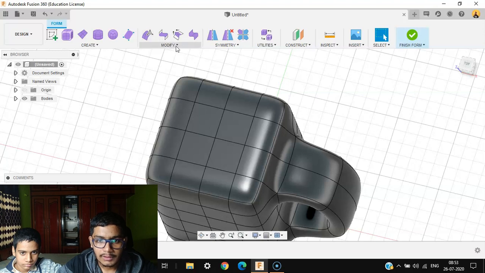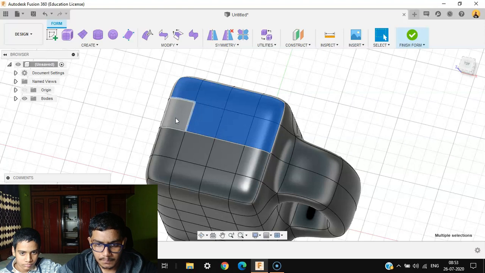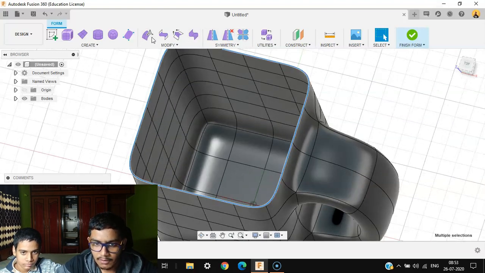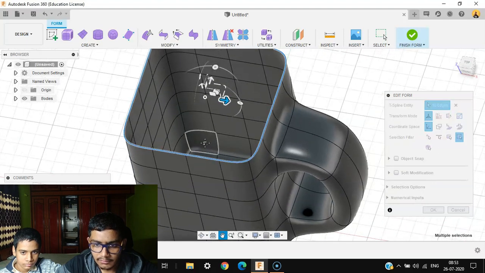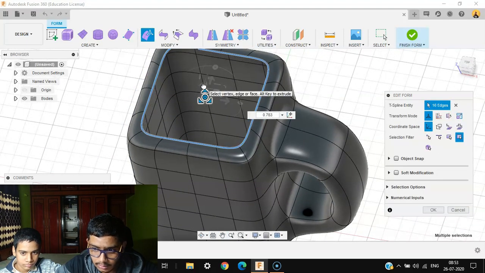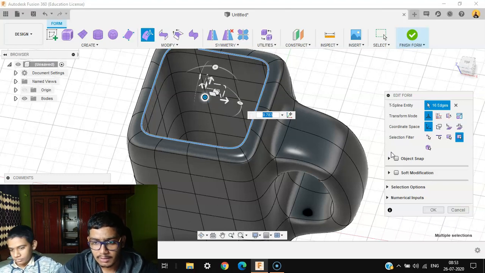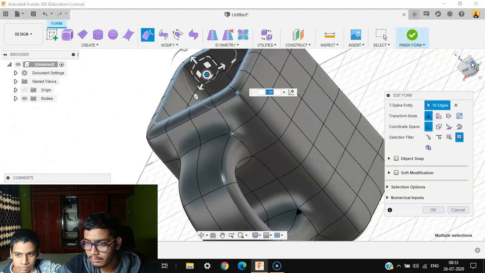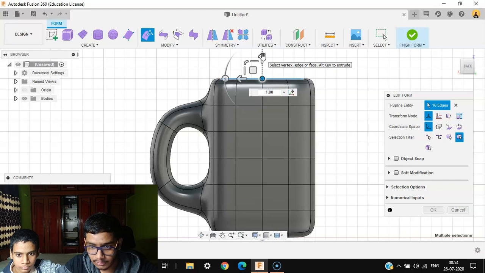Now coming to the face of the cup, first let's delete the upper face. Select delete, and this edge will edit form to center. Will bring them close by, depends how much ever thickness you want. I've taken 0.783. The same thing, let's go to the back side. Let's bring it down.